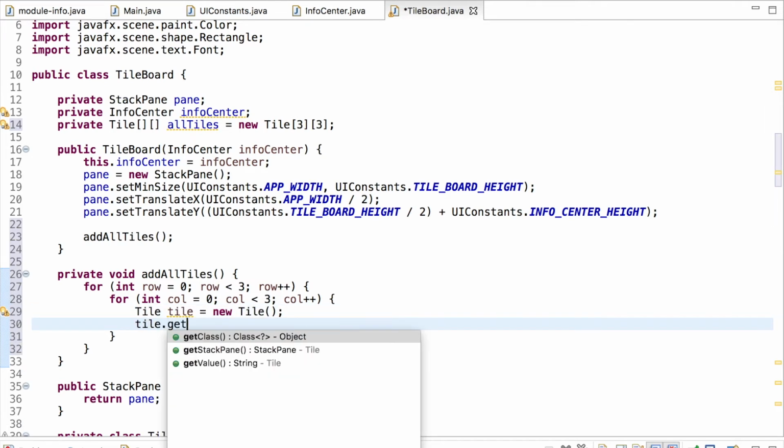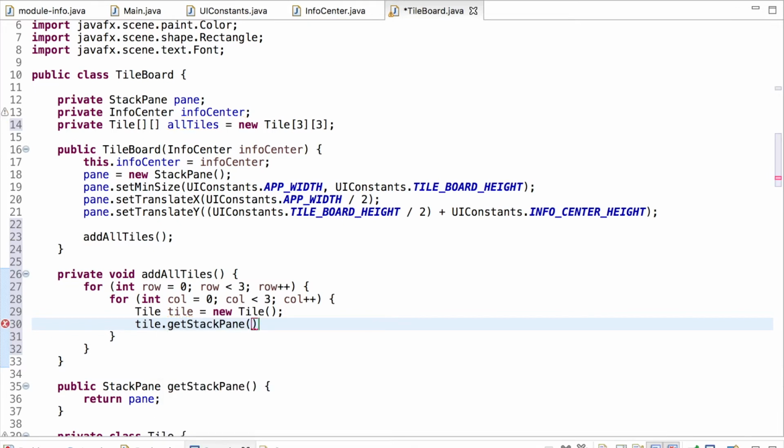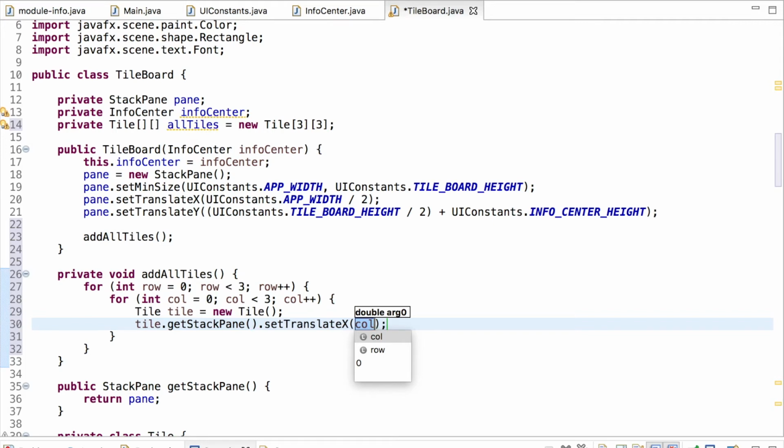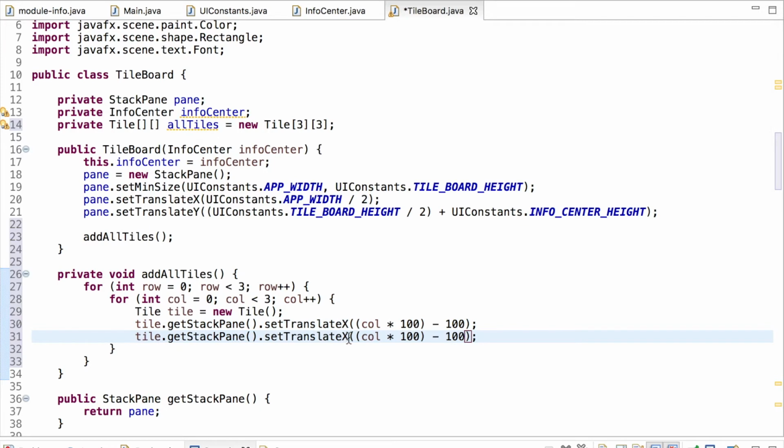We'll say tile dot get stack pane dot set translate X, and we want our X position for this column to be column times 100 minus 100. And then very similar for the Y translation, we'll say this is Y,